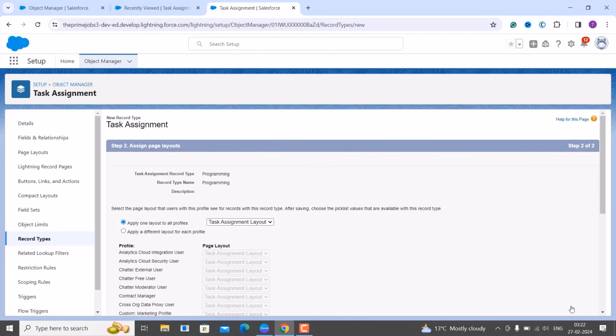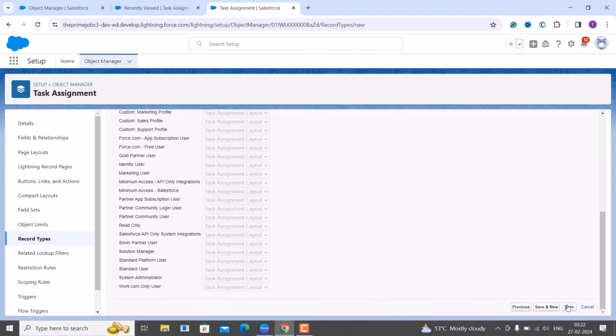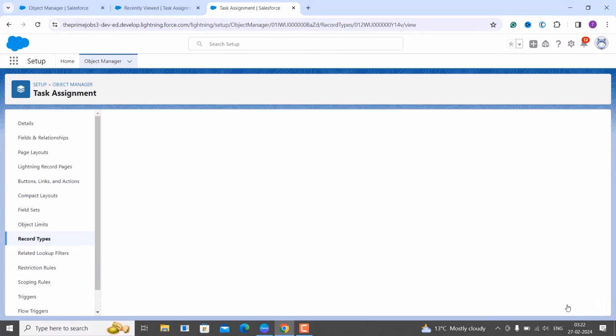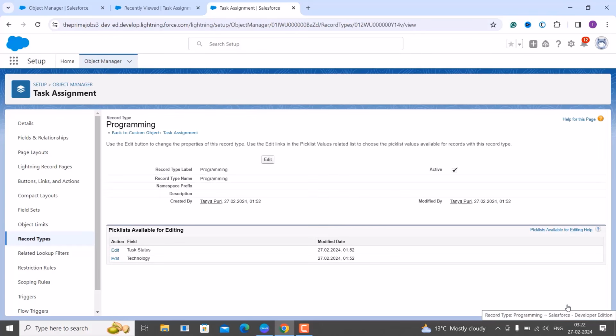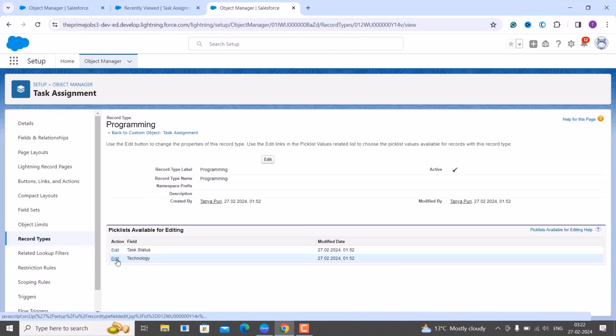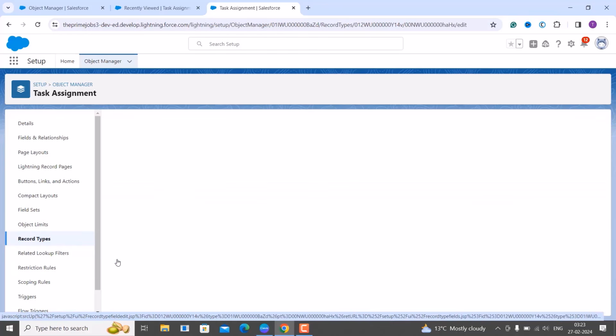I want to assign the page layout as apply one layout to all profiles, which is already selected, and it has a task assignment layout. It is also fine, so I simply click on the save button to save it, and it will take me to the section of the page where I get the pick list available for editing. Here it is. So as we are working on the technology, I edit the technology one, and it takes me